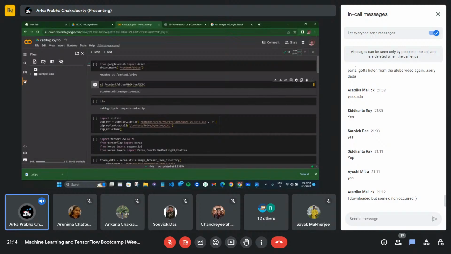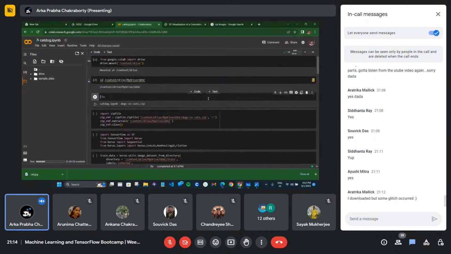Okay, I have some issues with the internet connection. I will be giving this code also. Okay, don't worry, I've run this. Wait a minute. Do you want to go along with me, or I will paste every command in the chat and you have to apply it in your Colab.